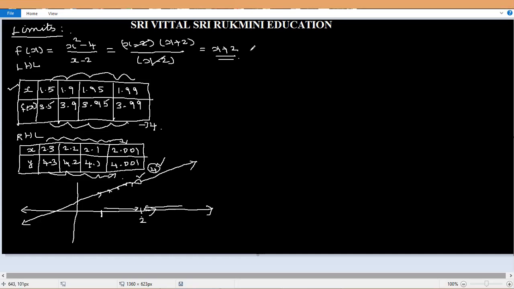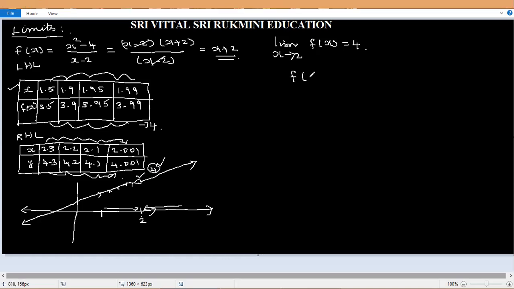This I am writing as, listen very carefully, limit x tends to 2, f of x is equal to 4. The meaning: as the x value approaches 2, the value of f of x is approaching, or is going to hit 4. So this is the meaning of a limit. Okay. But let us take in this case,